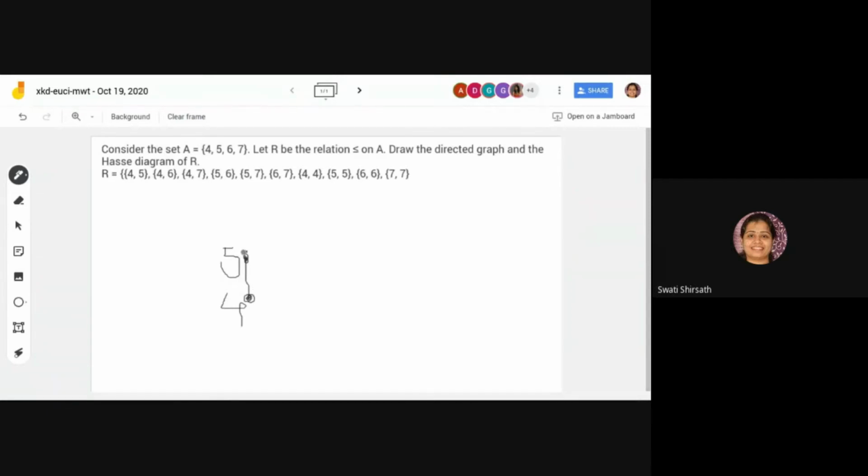Now 4 to 5 is done. Let's see if 5 to something is there or not. 5 to 6 is there. There are two or three ways you can draw this diagram. The one I am telling you, just follow the flow, and then the remaining pairs you can cross check after completing these. So 4 to 5 we are done. 5 to something is there? Yes, 5 to 6 is there. Let's draw 5 to 6. So this is 5 to 6. Stop me in between in case you are not getting this. Then 6 to something is there? Yes, 6 to 7 is there.